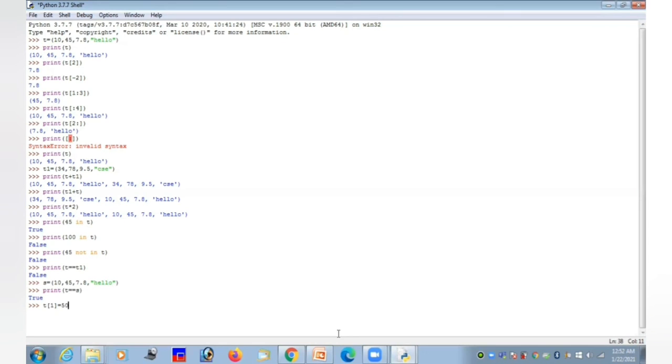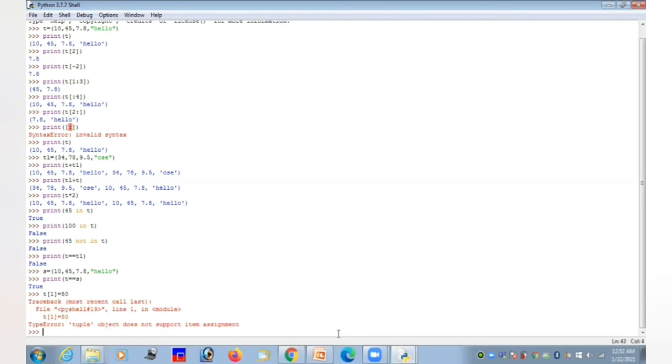I am trying to update the value in the tuple. It will show an error because I can't perform the updation operation in the tuple, because it is immutable. Once you have created the tuple, we can't perform insertion, deletion and updation operations.